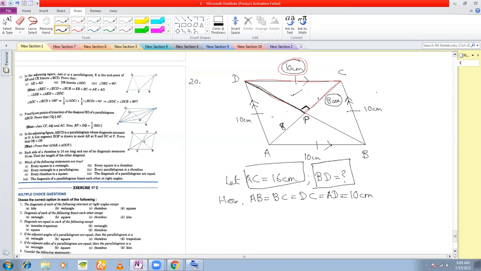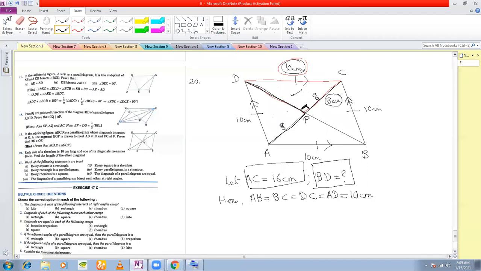No, sir. Everyone knows the meaning of perpendicular bisector. So that means that if AC and BD are perpendicular bisectors of each other, they will be perpendicular to each other and also they will bisect each other. Okay, that means AC will bisect BD and BD will bisect AC. So if the length of AC is 16 centimeters, this is 8 and this will be your 8 centimeters. This part will be your 8 centimeters and this part will be your 8 centimeters.